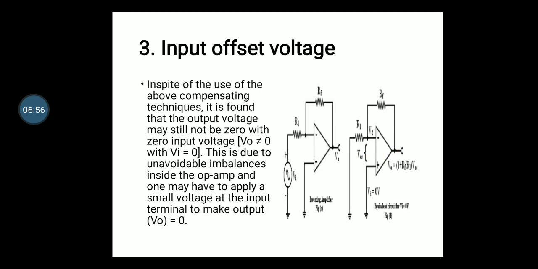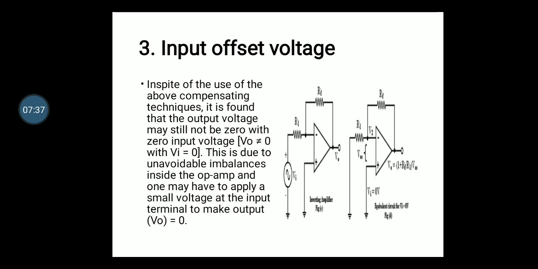So next one is the input offset voltage. In input offset voltage, we may have two types. One is input offset voltage and the other one is total output offset voltage. So input offset voltage is nothing but whenever both the input terminals of the op amp are grounded, ideally the output voltage should be 0. However, in this condition, the practical op amp shows a small non-zero output voltage. To make this output voltage 0, one may have to apply a small voltage at the input terminal. This voltage is called input offset voltage.